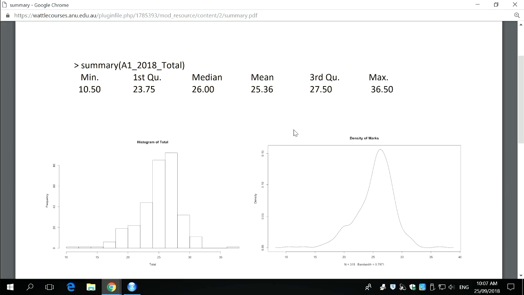The raw marks themselves don't mean anything, and I'll tell you why. In the end, I have to scale them so that about 15% of the class ends up with an HD, about the next 20% ends up with a D, about the next 30% ends up with a credit, and most of the rest, probably all of the rest, end up with a pass. That's what the distribution of grades looks like in almost every course in the school.